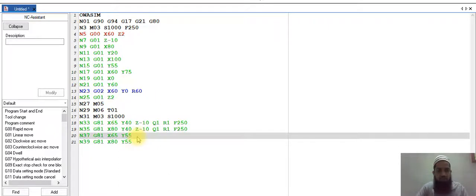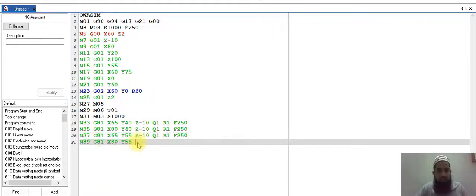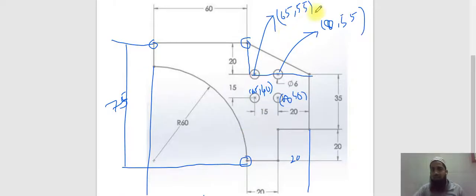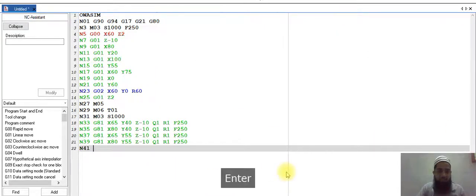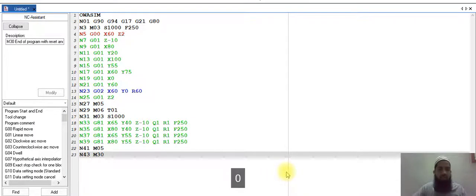The same thickness I am taking here, 10. Value of Q is 1, value of R is 1, F equal to 250. So this is the final for the four holes, 65, 55, 80 and 55. Okay, correct. After that I have to stop the tool, M05, and M30, end of the program.